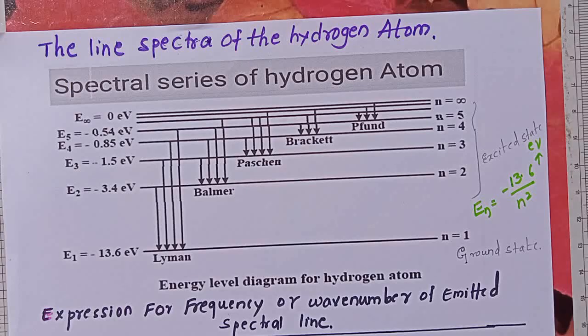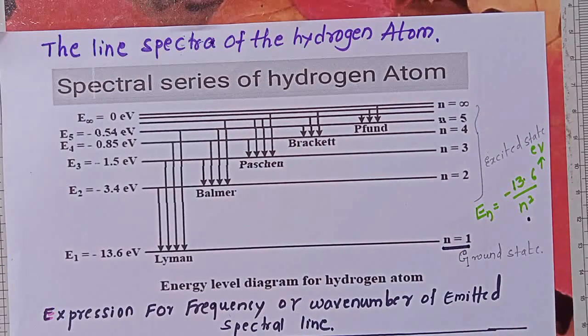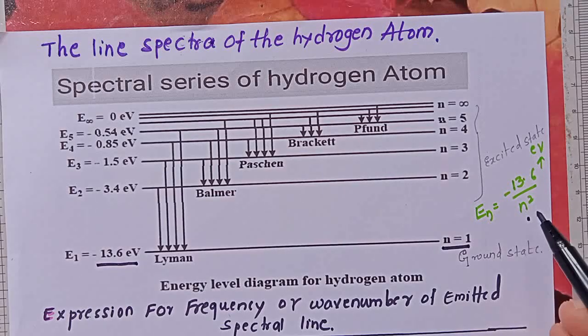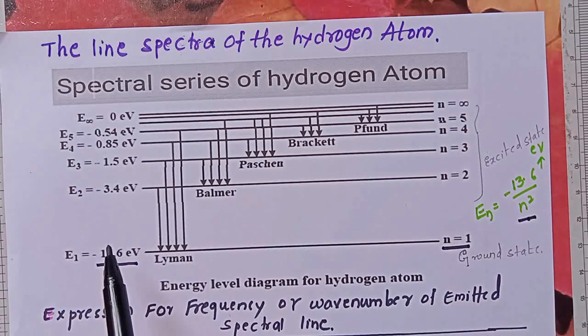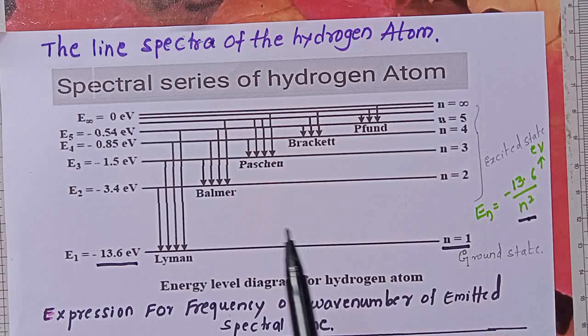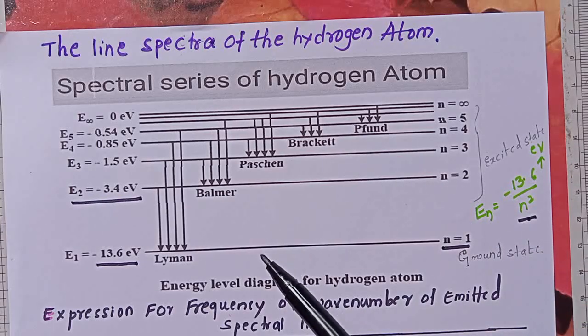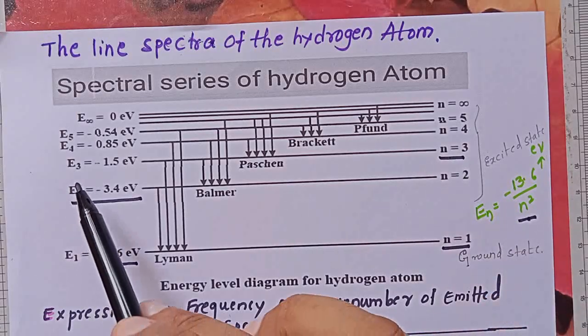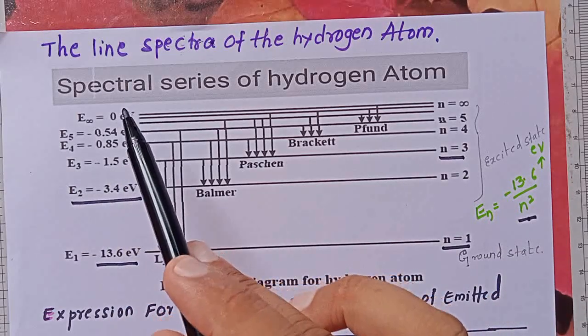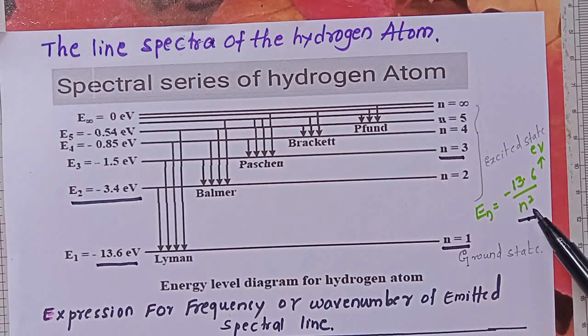You know this. So if you put n is equal to 1 in this expression, you will get the energy of the electron in the first orbit of the hydrogen atom as minus 13.6 electron volt. And if you put n is equal to 2, you will get the energy of the electron in the second orbit as minus 3.4 electron volt. In this way, if you put n is equal to 3, 4, 5 and so on, you will get the energies. For n is equal to 3, the energy is minus 1.5 electron volt and so on, right? As the value of n increases, the negative value goes on decreasing and becomes more positive,